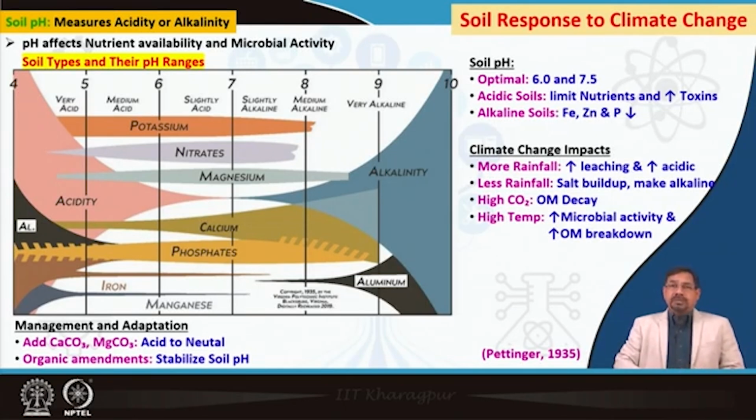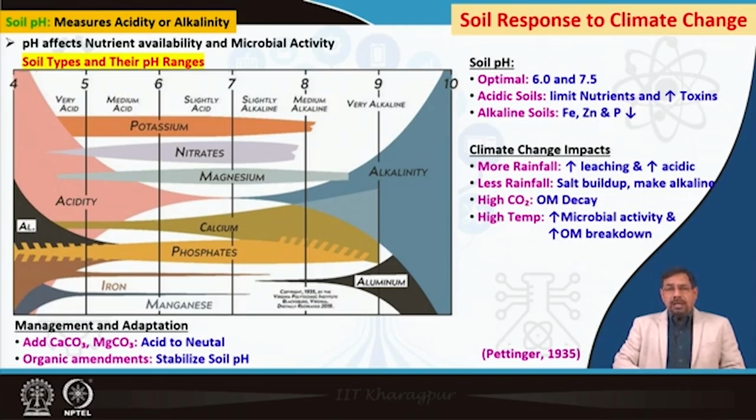So optimal is between 6 and 7.5. Acidic soil limits nutrients, and thereby toxin levels increase. Alkaline soil, such as